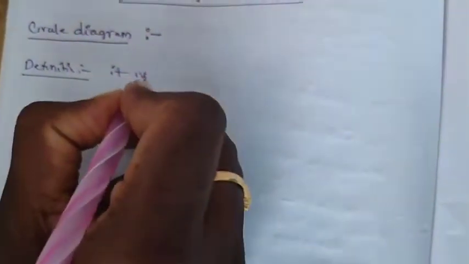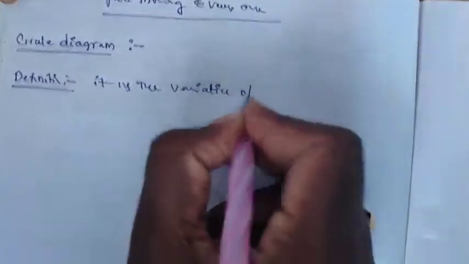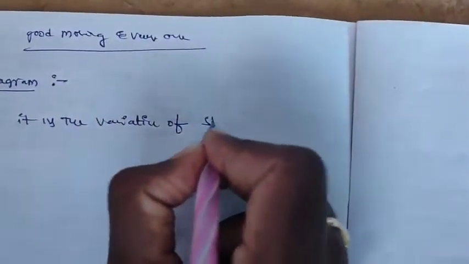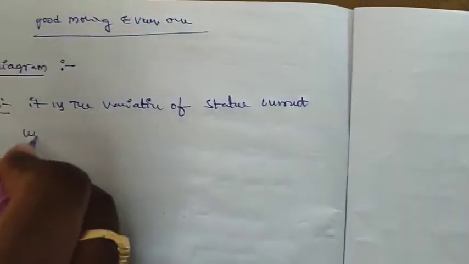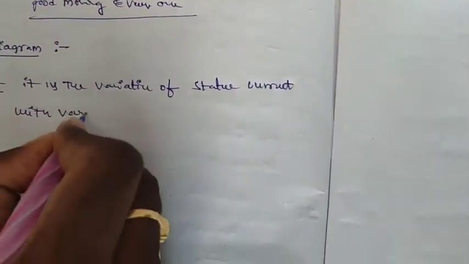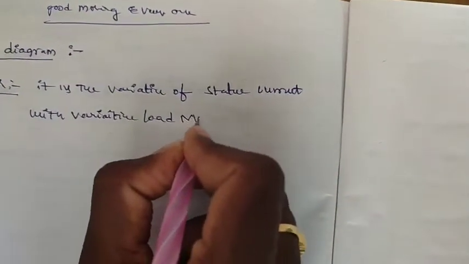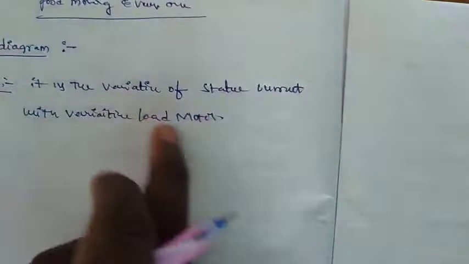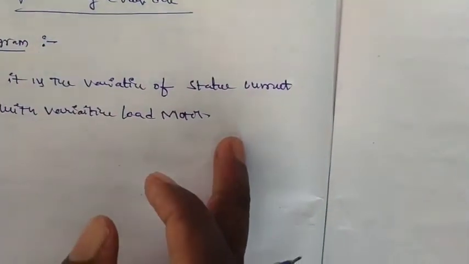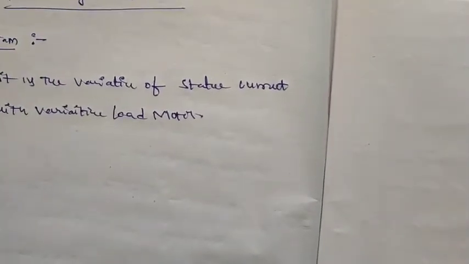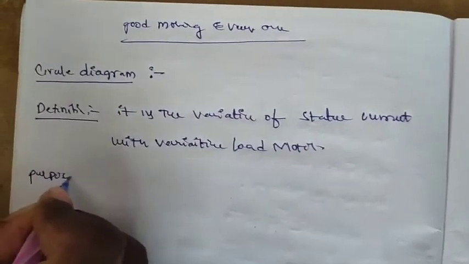it is the variation of stator current with variation of load on the motor. That means how the stator current is varied with the load on the motor. So the purpose of the circle diagram